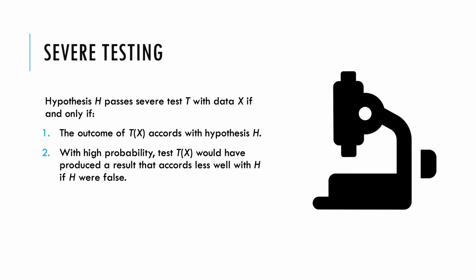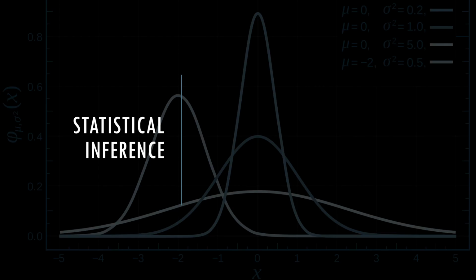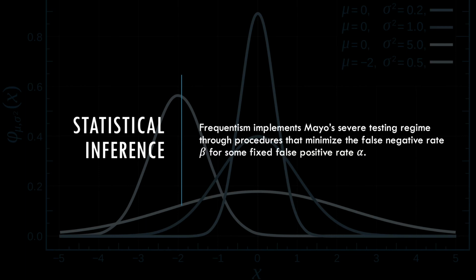We want low false negative rates, low false positive rates. It's impossible to get both at zero simultaneously for the most part. So there's some sort of trade-off involved. We tend to fix one and minimize the other, or try to perhaps minimize both jointly. This is how statistical inference works, right? This is very familiar territory if you've ever worked in this area. Frequentism, which Deborah Mayo is a very proud frequentist, so she's going to frame this primarily in the sort of Neyman-Pearson framework, does this quite explicitly.